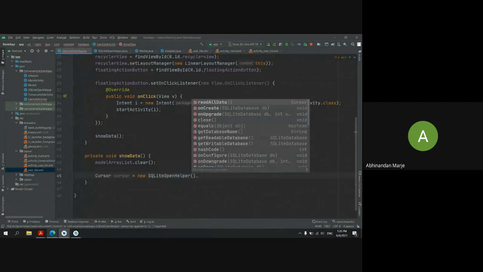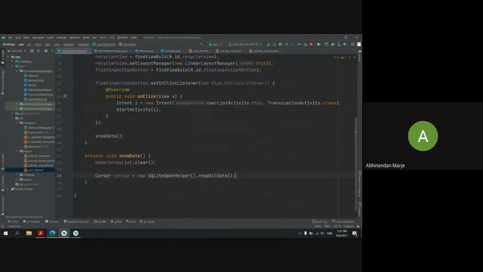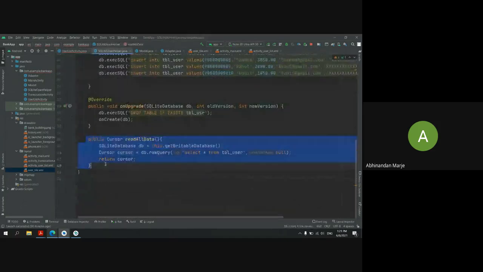Now you can see the method which I have created in my SQLite class, the read all data method. This was the method which I created to extract all the data from my database, right? Now I'm getting that method.